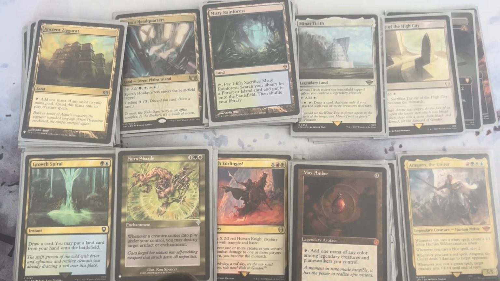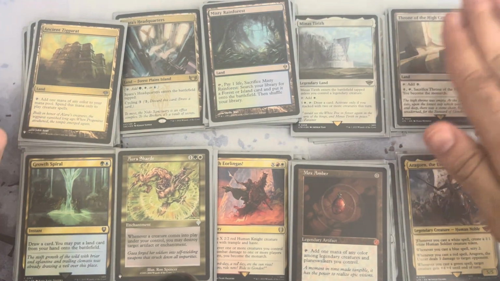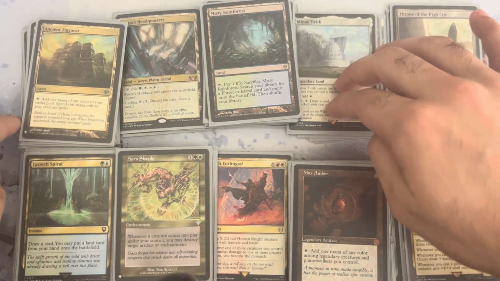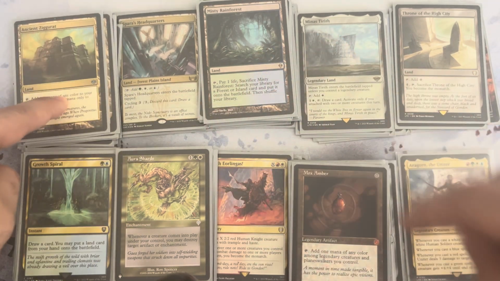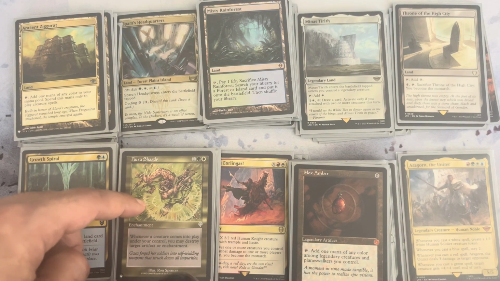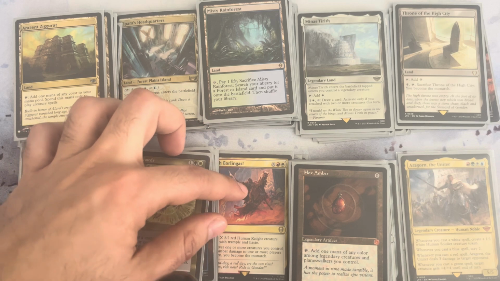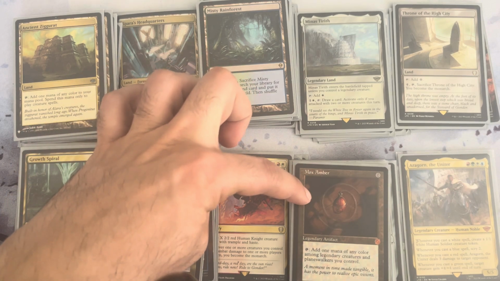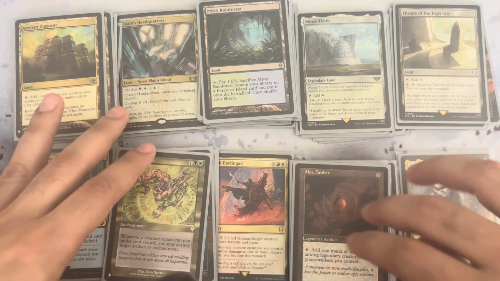So I have my lands laid out by colorless, 1 color, 2 color, 3 color, every color. I have draw, removal, interactions, my win cons, my ramp, and obviously my commander. So, start things off. I have